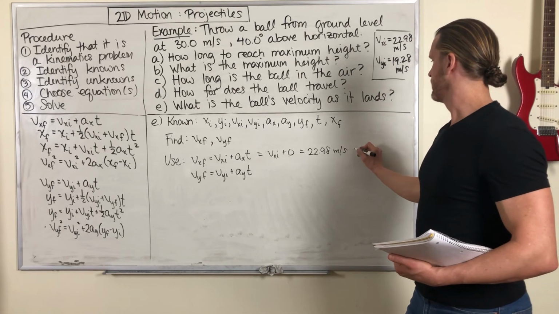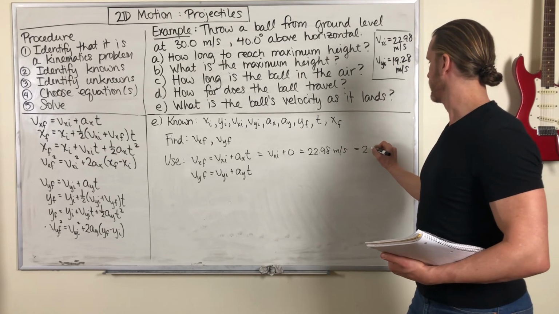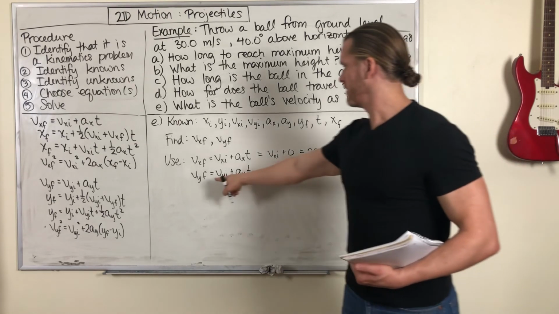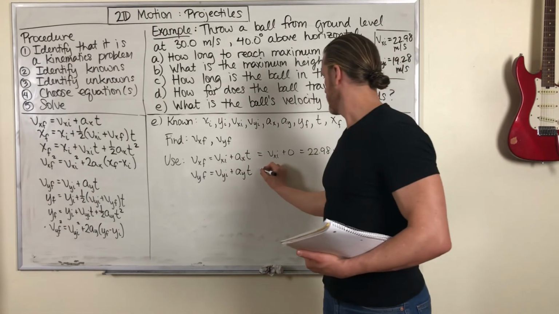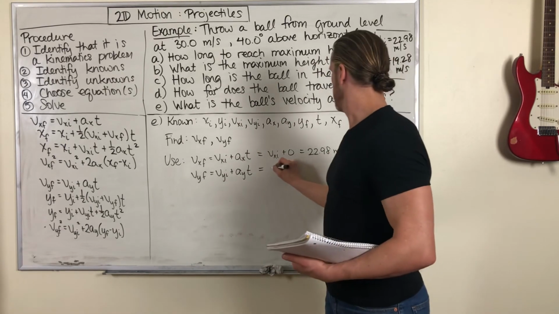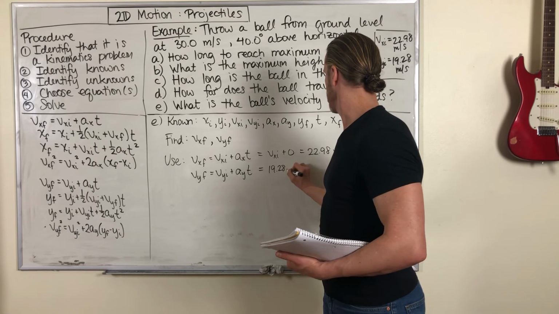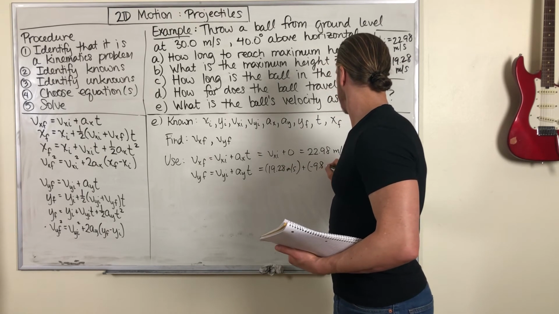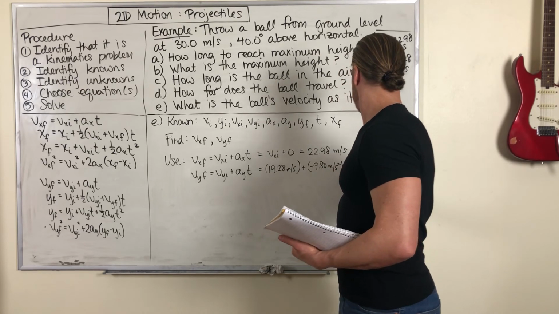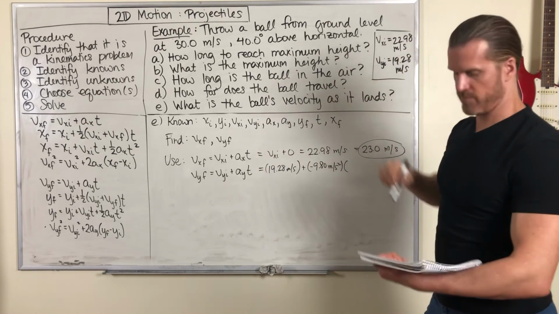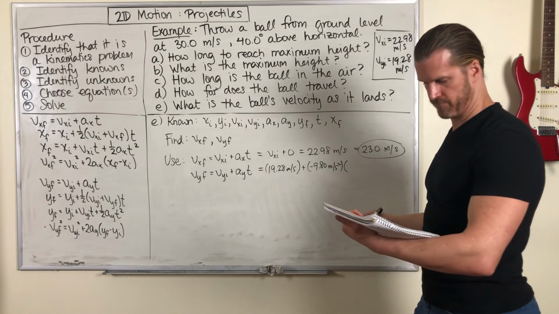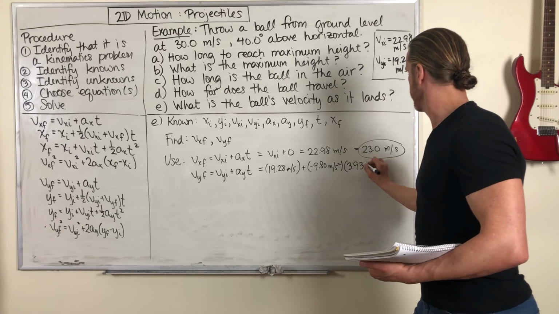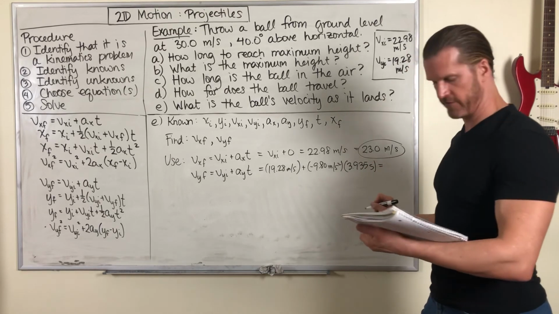If we were saying that's our final result, then we could round it to 23.0. And for y, it is 19.28 plus negative 9.8 times that time we found in part C, 3.935 seconds, which gives you